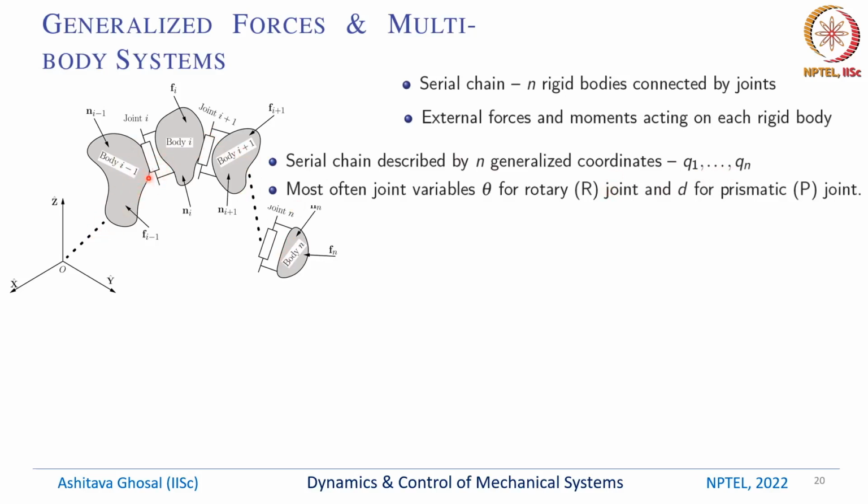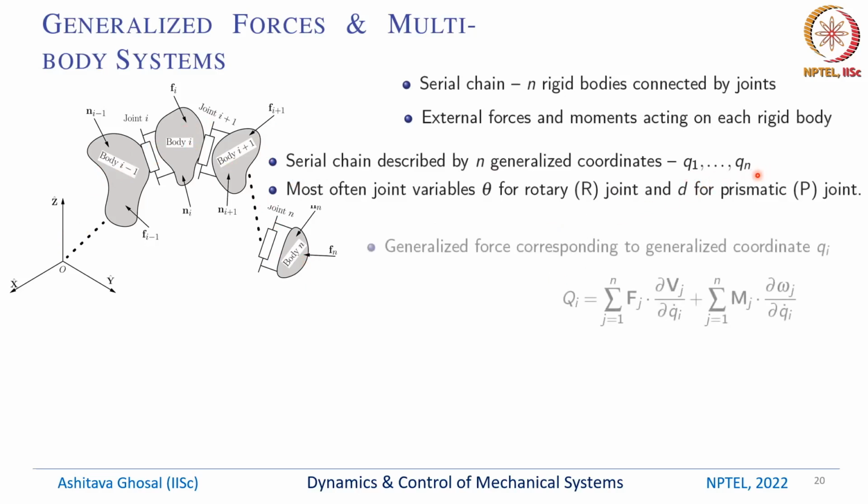Most of the time we have these joint variables. So for example, if this joint i is a rotary joint, then we'll have theta as the joint variable. If this joint is a sliding joint, then we have p as a prismatic joint. If you have some other joints, for example, a spherical joint, then you'll have 3 such coordinates. So this system of connected rigid bodies in the form of a serial chain can be described by q1 through qn, n generalized coordinates. So the generalized force corresponding to a generalized coordinate qi can be determined by this formulation,